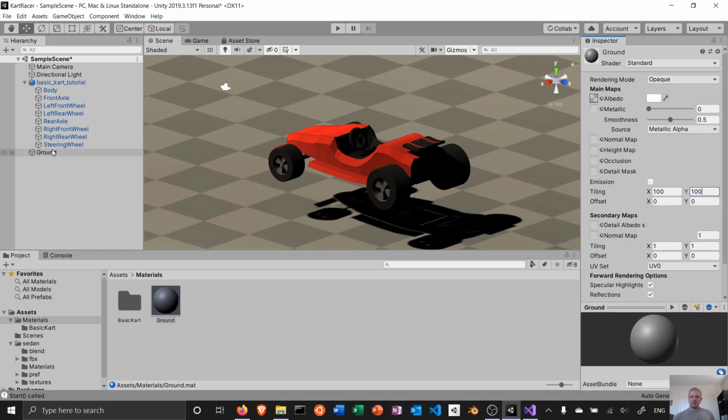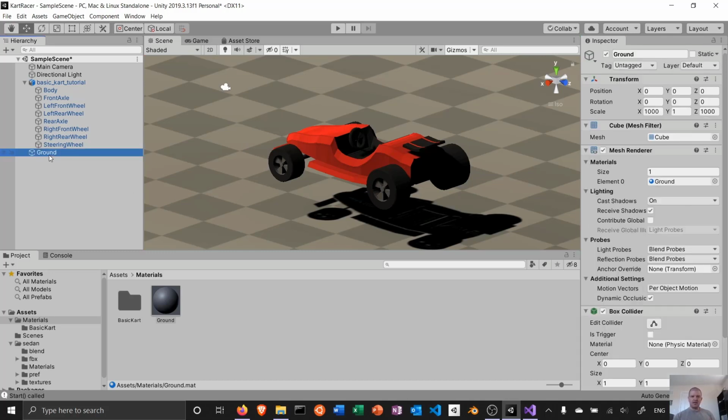I'm also going to be, because we talked about collisions, if our car falls, I want it to not fall through this ground object. So collisions generally happen. Every single object in the scene has to be checked against every other object. And so that's actually a very, very CPU or GPU intensive